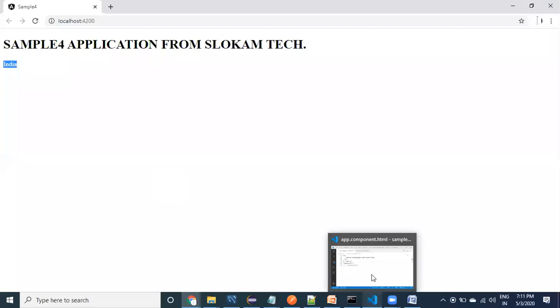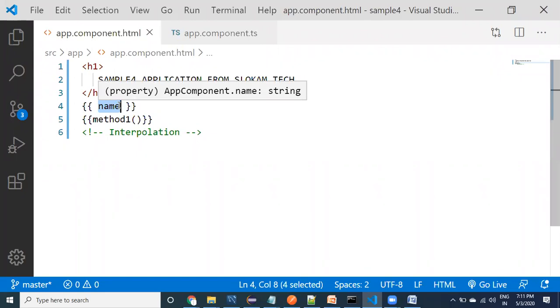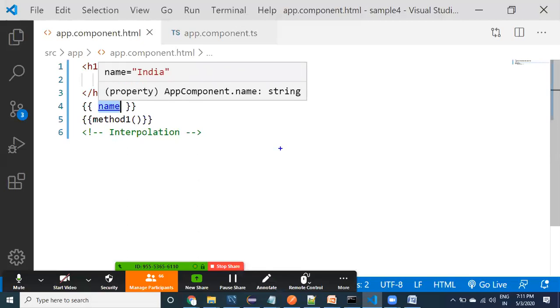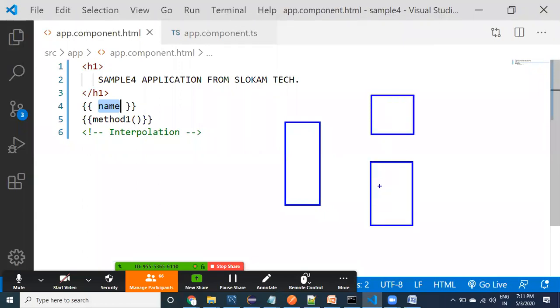Now, if you observe carefully, within the HTML file you are using the component class. Now I just want to show you one simple example of how to use a CSS file within the HTML, just so that we can understand the basic connectivity between these three files: HTML, component class and CSS. From the component class, properties and methods can be used, and from the HTML we can use CSS.